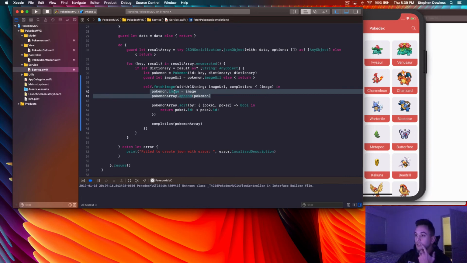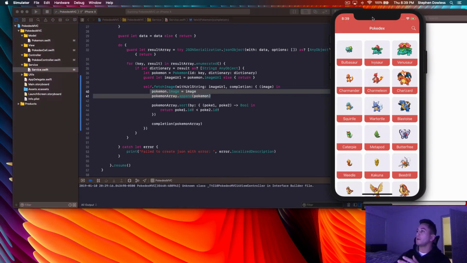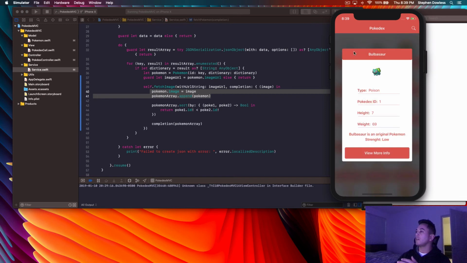So this is a lot of really cool stuff, working with object-oriented programming, working with API fetches, and we have also successfully implemented the Model View Controller framework. So you guys are doing awesome so far, super proud of you, and we're going to be moving on with implementing this long press functionality to get this cool custom animation and this cool pop-up window showing up. And we're going to be populating that with some information about our Pokemon as well.